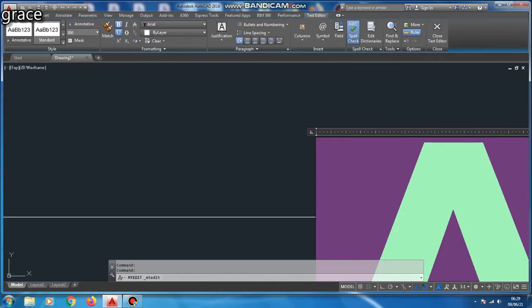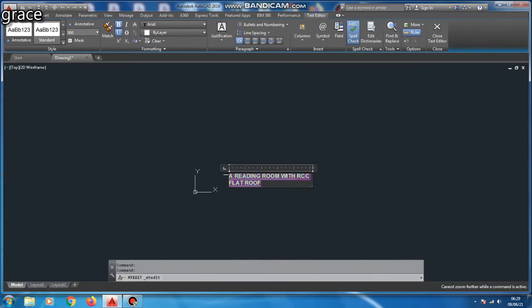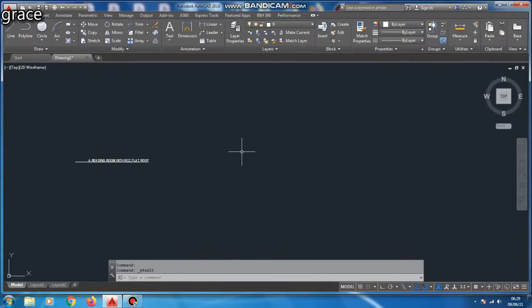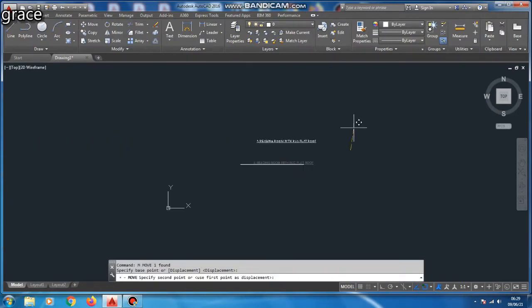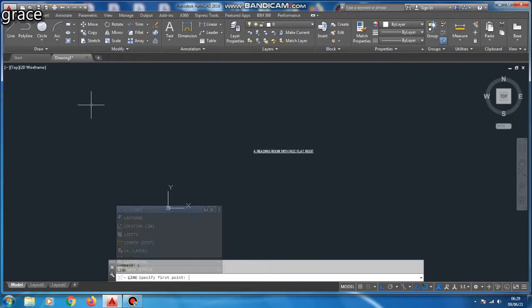I am going to change the dimension style. By using the line command, I am going to draw the rectangle.